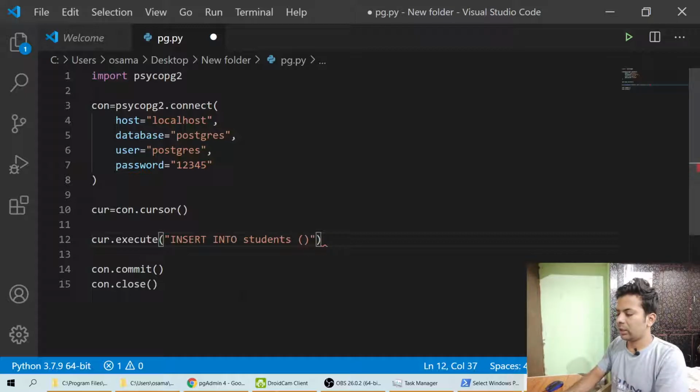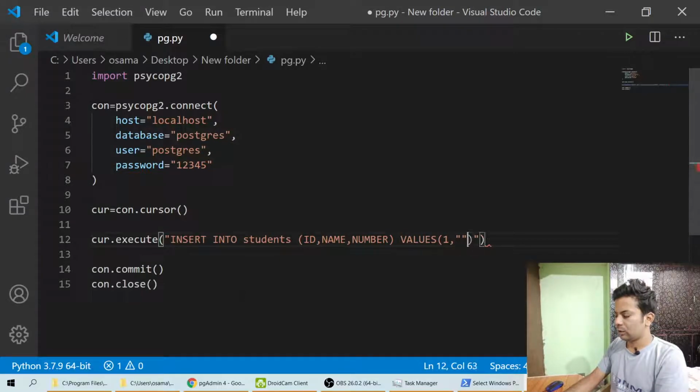And what were our column names? We have ID, comma, name, comma, number. These were our column names. Then we'll say values would be: for the ID it should be 1, as it was a primary key, not null.